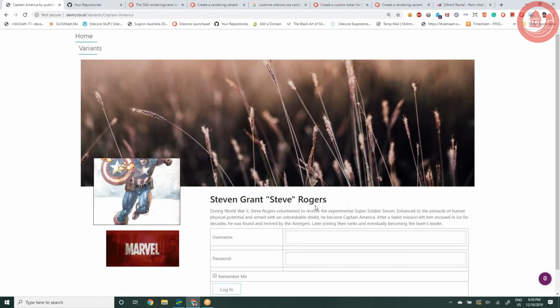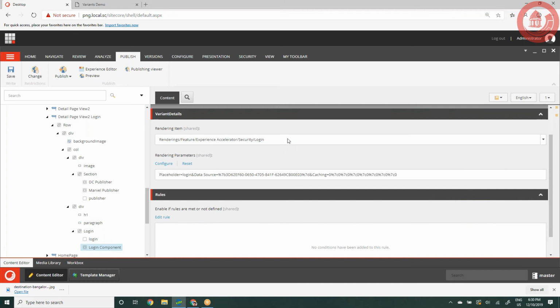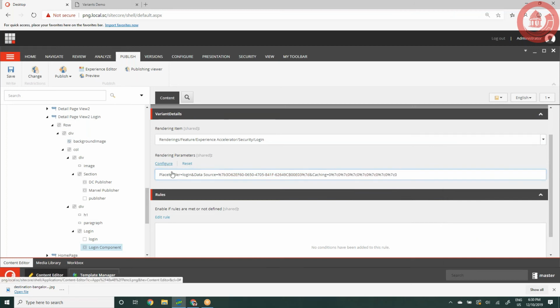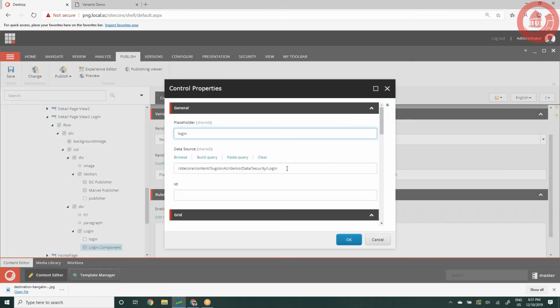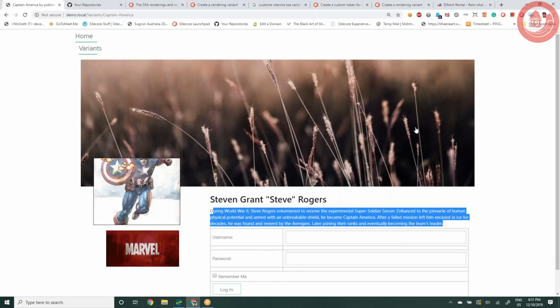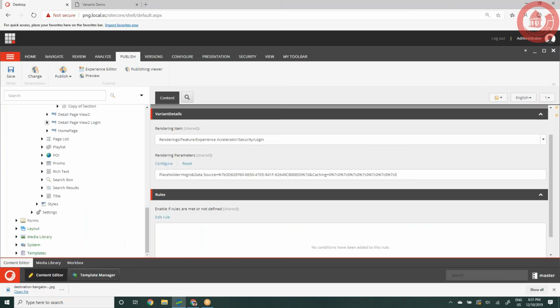And here you can see that I have a real name, a little bit of information, and then I have used a login component here, which is again an out-of-box component, and I have configured it with information like what is the data source of my login component. So once I log in, it will show me a full version,